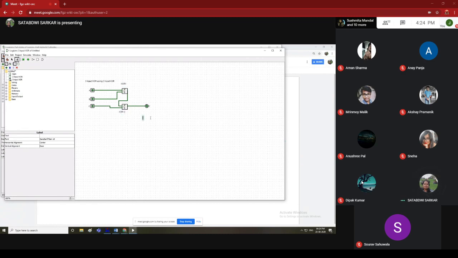Okay, so this is our 3 input XOR gate. Now see the simulation mode output. Suppose we are putting 2 inputs as 1 1, so the XOR output is 0. If there is an odd number of ones, the output is high, and if there is an even number of ones, then the output will not glow. So this is our 3 input XOR. We have to save this file